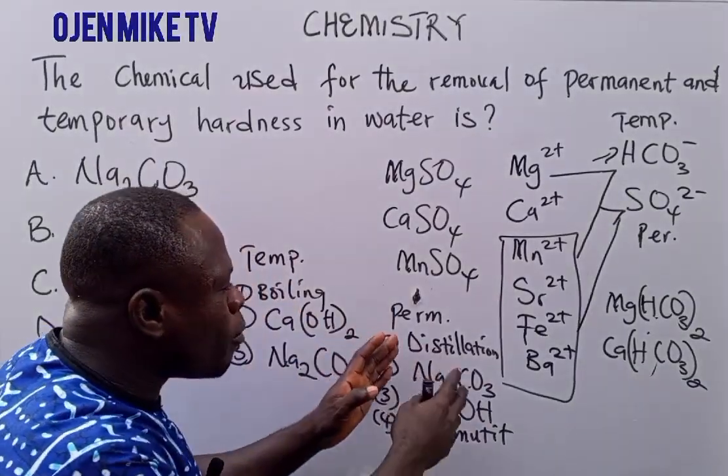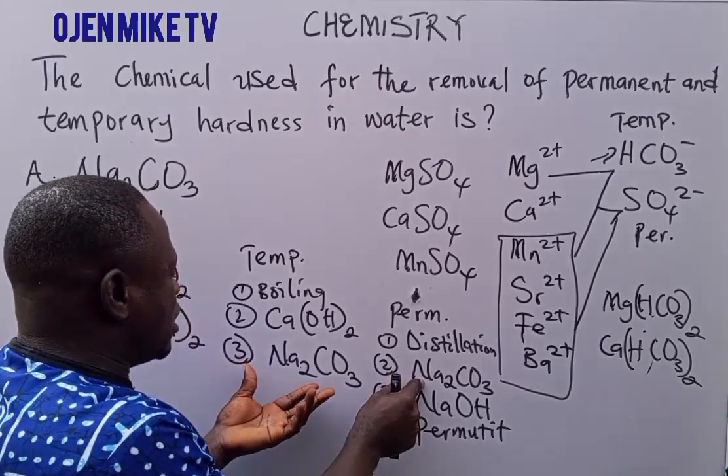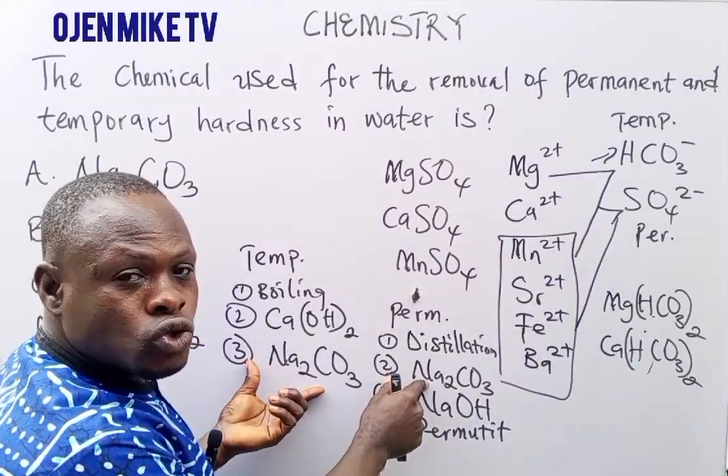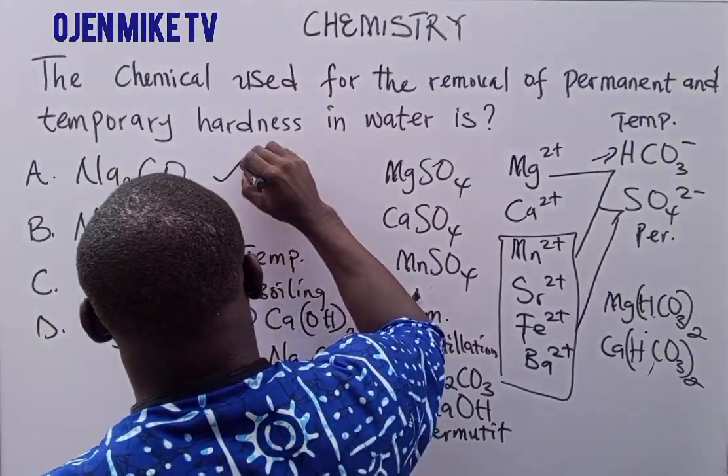So which one is common among them? We have washing soda. There's washing soda there, and there's washing soda there. That is sodium carbonate, the one that is common among them. So our option is what? Our option is